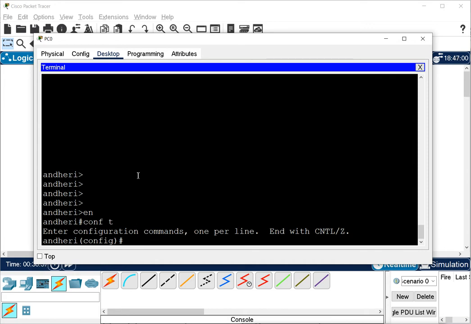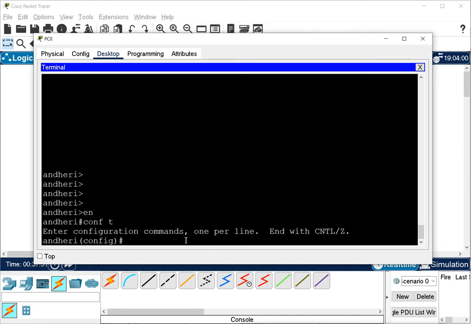So console and auxiliary are line ports. That means they are ports which are used to connect to the line for the router. So we first connect to the line port and then we configure, and for that we go to the line mode. Remember, there are sub modes of the global configuration mode, and those modes are line mode, interface mode and router mode. So now we are going into the line mode for the console and auxiliary port.